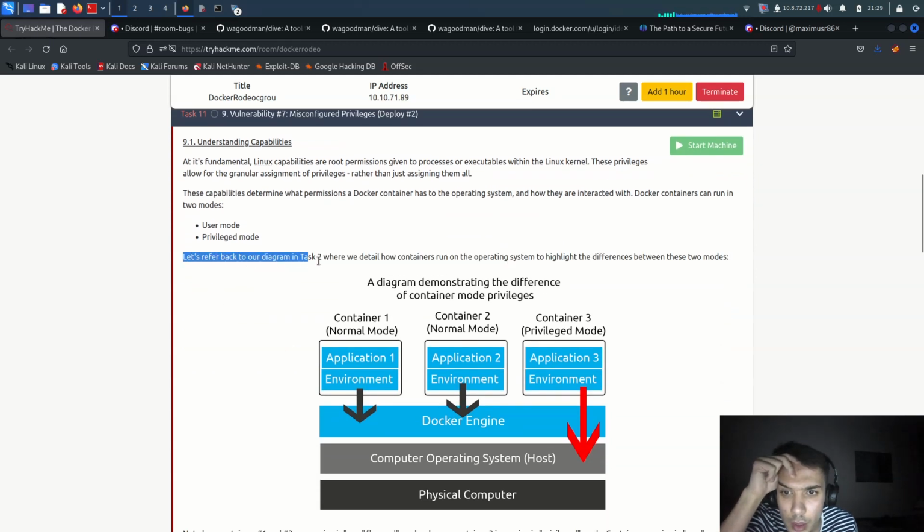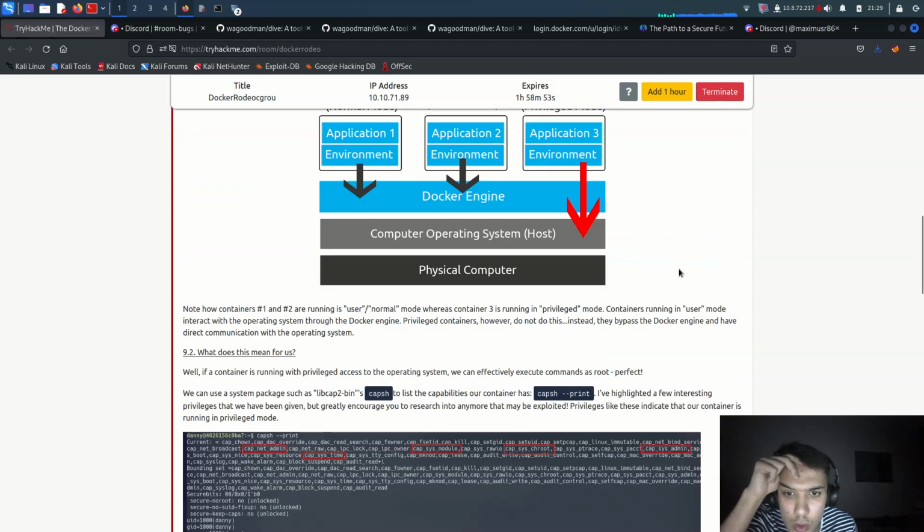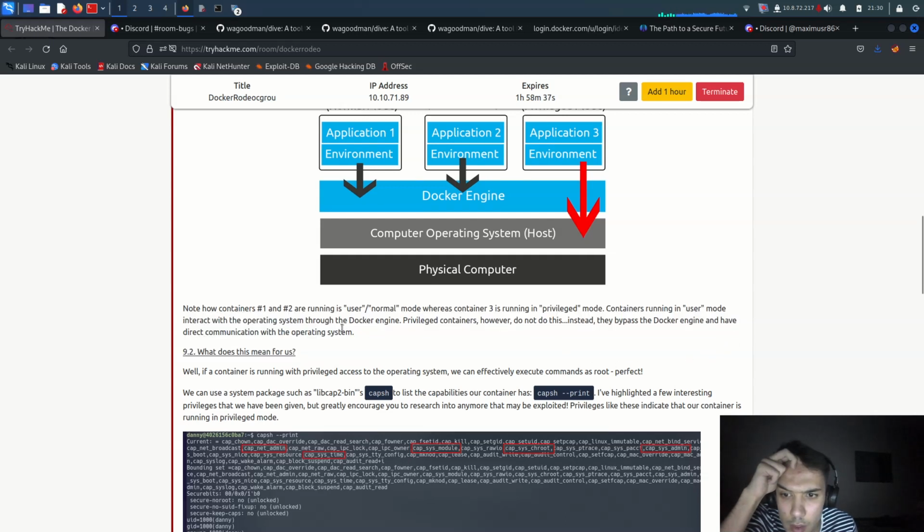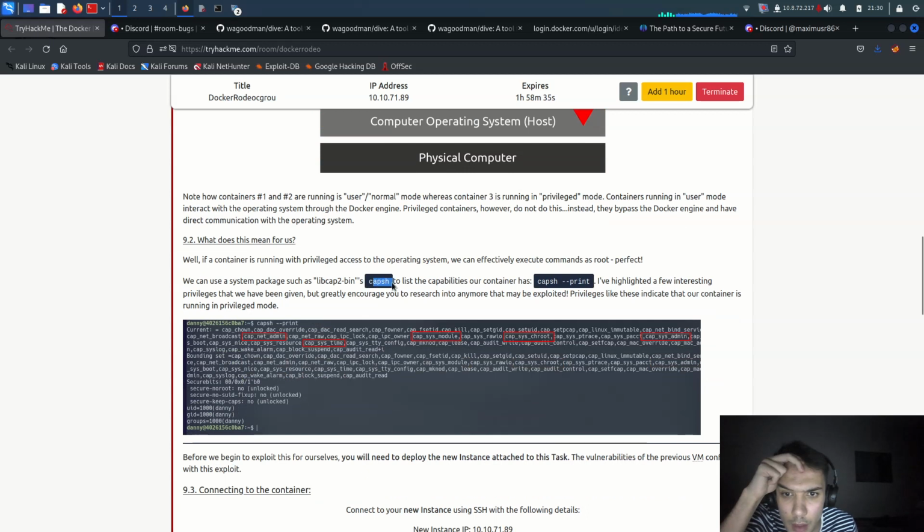Let's refer to the diagram in the task to see the details of containers running on the operating system and highlight the difference between these two modes. Containers 1 and 2 in green are in normal user mode, whereas 3 is privileged mode. Containers running in user mode interact with the operating system through the Docker engine. What does this mean for us? Let's say caps. If we have caps,